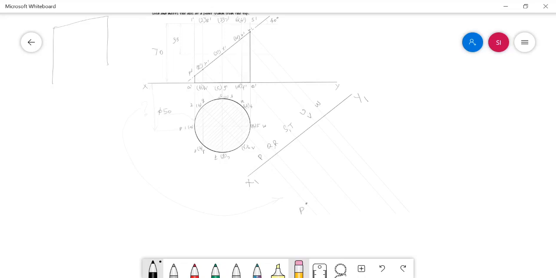This is point P. Similarly, measure the distance between the point Q and the xy line, this distance, and mark the point Q in the projector of Q. Similarly, the distance between the point R and the xy line, this distance, mark the point R in the projector of R with the same distance.